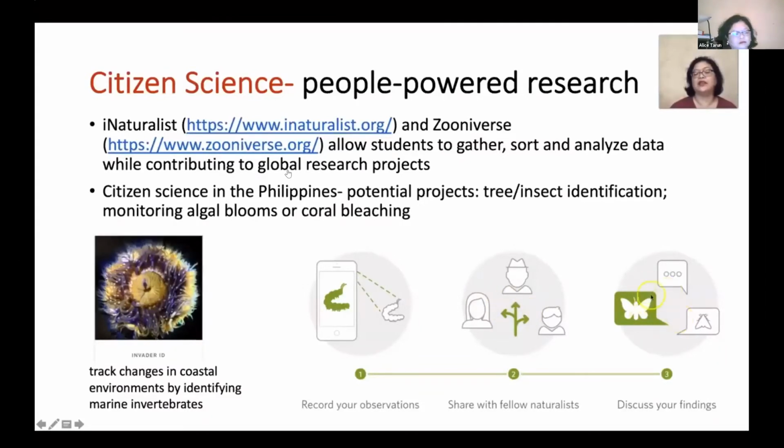You can discuss your findings. You can use the data from the database to do some research. Now, another one is the Zooniverse site. So Zooniverse,